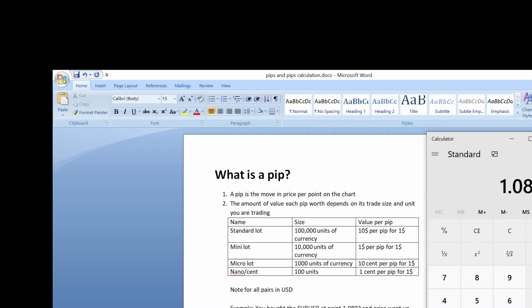1 pip equals 0.0001. So if this is 1 pip, then this is times 100, because if you times this by 100, you'll get this. So just understand, 1 pip equals to this, that is, for 1 pip, this is the price that goes up. For example, what am I trying to say? That is, if price goes up 1 pip,